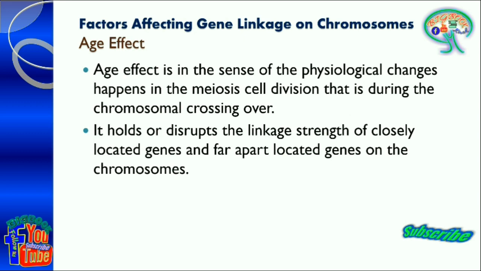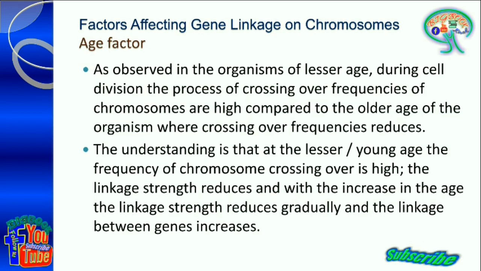Now here, if you consider the age effect, during the young age, that is the maturation of an individual taking part in gametogenesis, the frequency of crossing over within the individual during the prophase 1 stage will be high compared to the older age. So when we consider older ages, the crossing over frequencies of the chromosomes during cell divisions are very low compared to the lesser age,